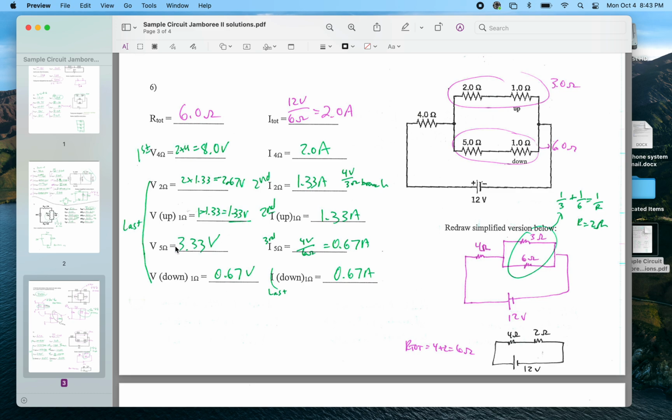And then the 0.67 amps multiplied by the 5 ohms would give me this amount. Or I could say 4 volts minus, actually I couldn't do that, I didn't find the voltage on the downward one yet, so this would be 0.67 volts. So here, again, there's ways you could work through that proportionally, but I probably should have shown here, this is 0.67 amps times